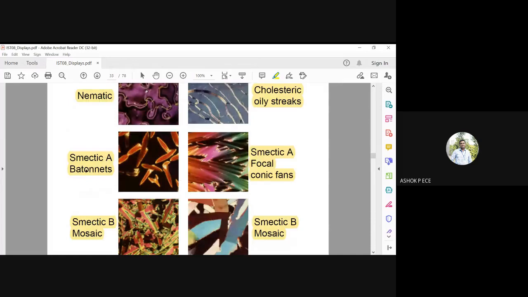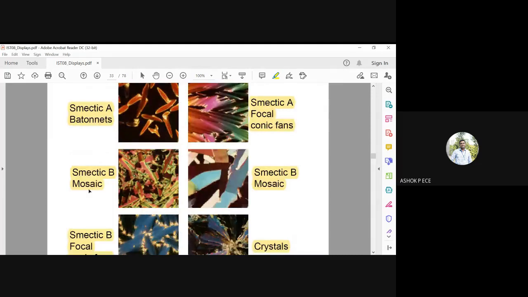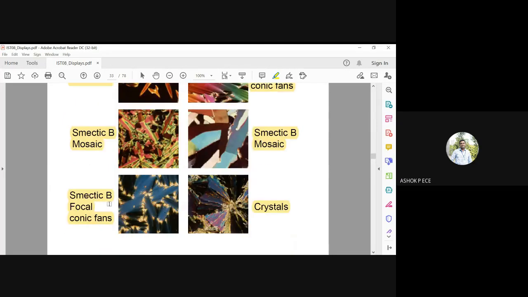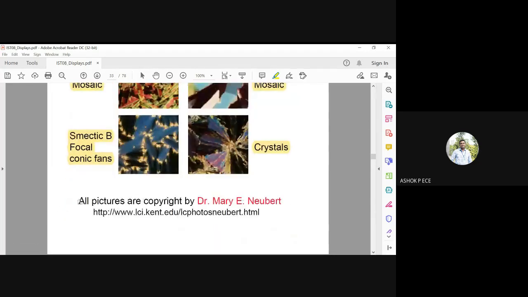For smectic A, we have one type, batonnets. Smectic A, again, we have focal conical fans. And here, smectic B, we have mosaic pattern. Smectic B mosaic, another pattern. Here we have smectic B focal conic fans and the crystals. So all the pictures are taken by this scientist, and you can visit this website and you can see even more different configuration photos of your liquid crystal displays.